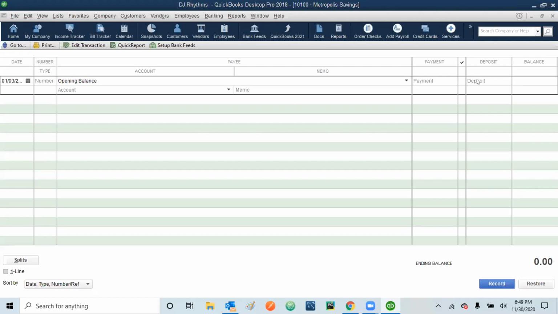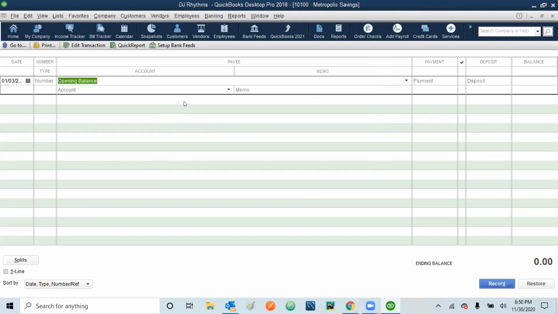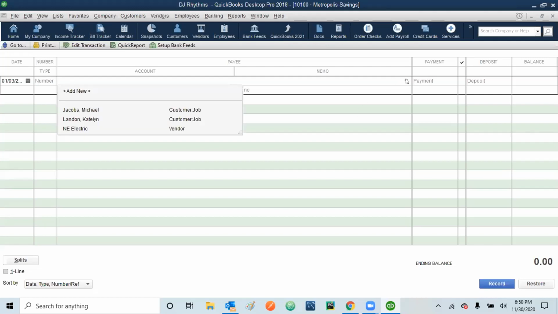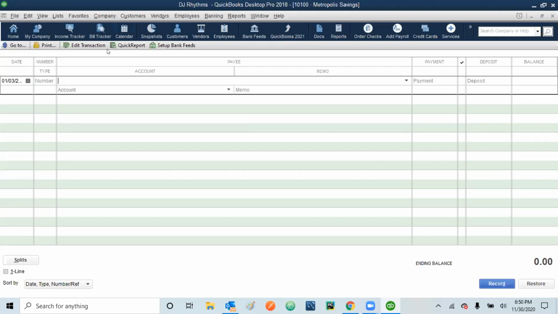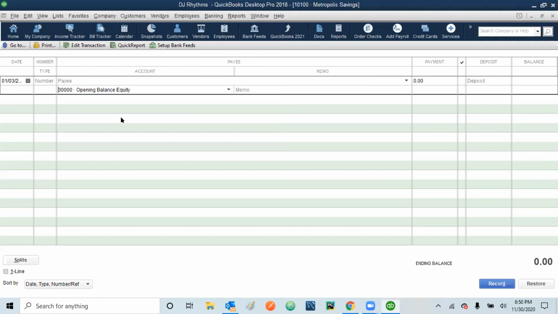In the deposit, we can type here. Let me see if the account is already there, because it says there is no account. Sorry. Opening balance equity, it is here. And then I was typing it in the pay account. It was my mistake. And then in the memo, we can just type the opening balance.